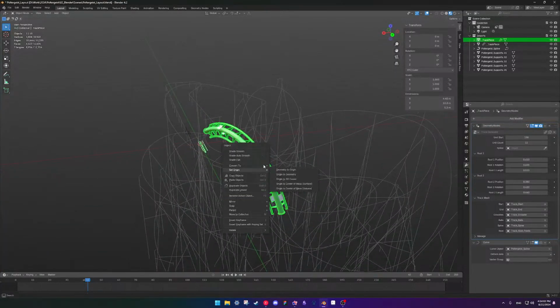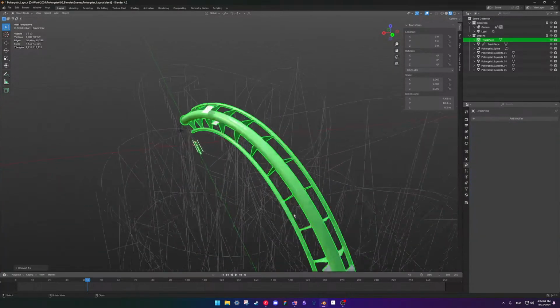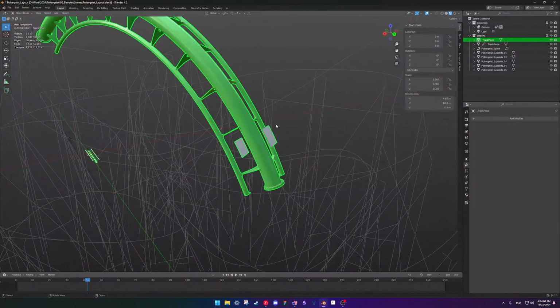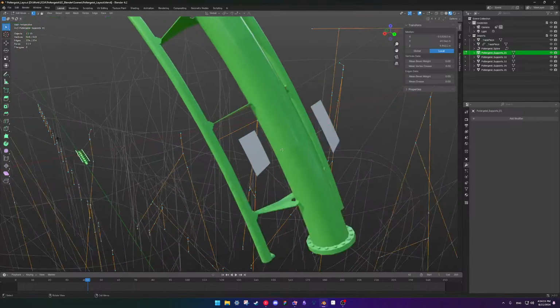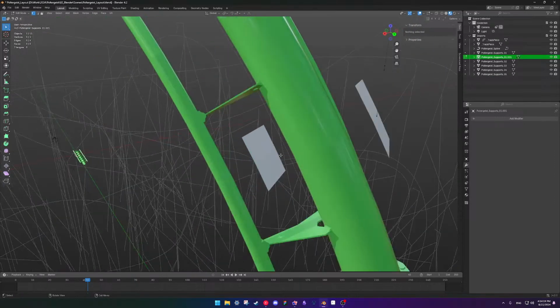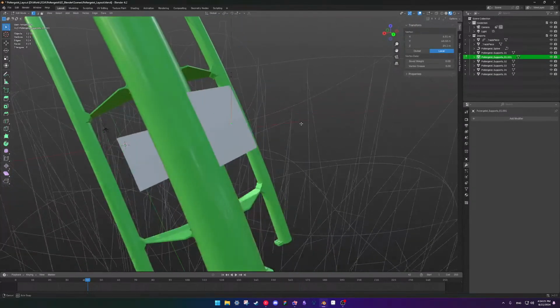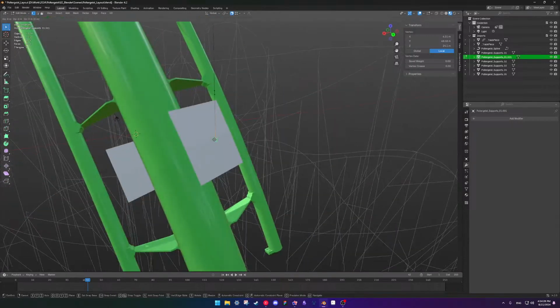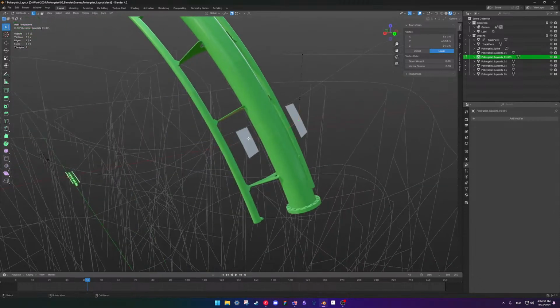Alright, so when we convert this to a mesh, and let's say we were to edit this, I'll do linked. Let me move it onto its own layer. Okay, so here I can just make sure my snapping is on to vertex, and then it's kind of hard to see, huh?